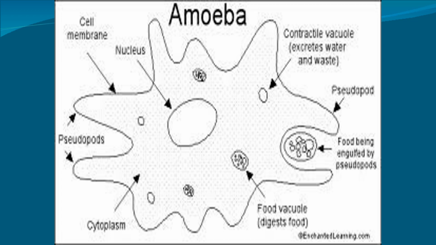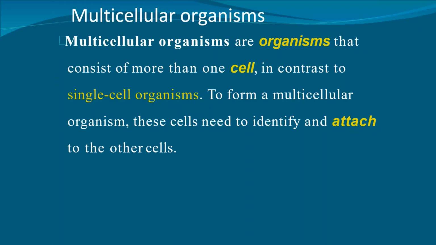But what happens if the body of an organism becomes bigger? The body design becomes more complex. Am I reminding you of multicellular organisms? Yes. This is the case with multicellular organisms, which consist of more than one cell in contrast to single cell organisms. Their body design is more complex and they are much bigger. To form a multicellular organism, these cells need to identify and attach to other cells. Since the cells may not be in direct contact with the surrounding environment, simple diffusion will not meet the requirements